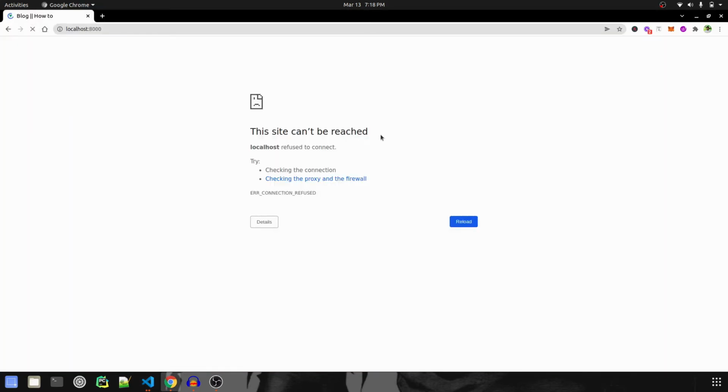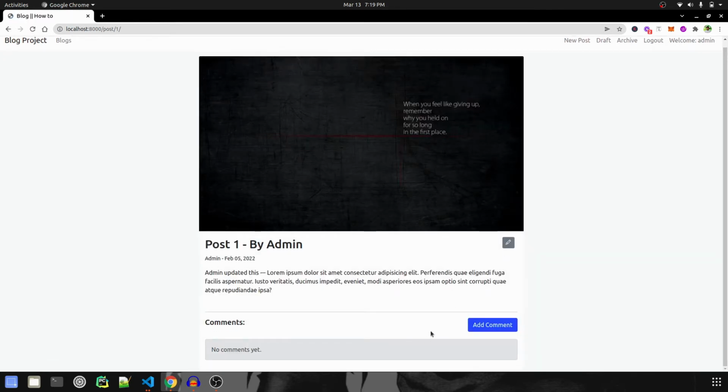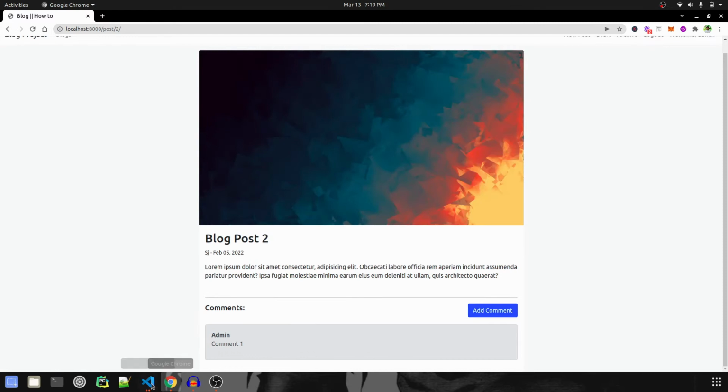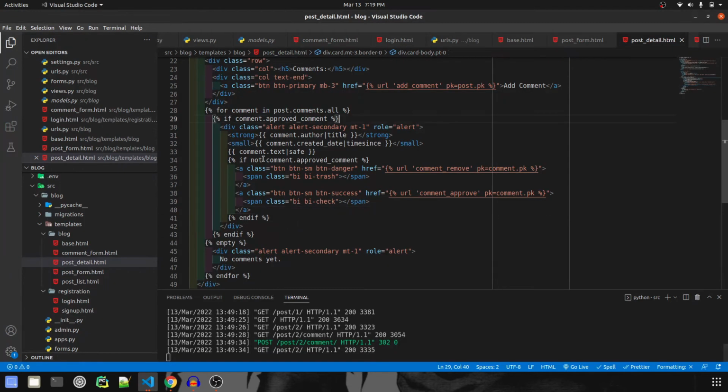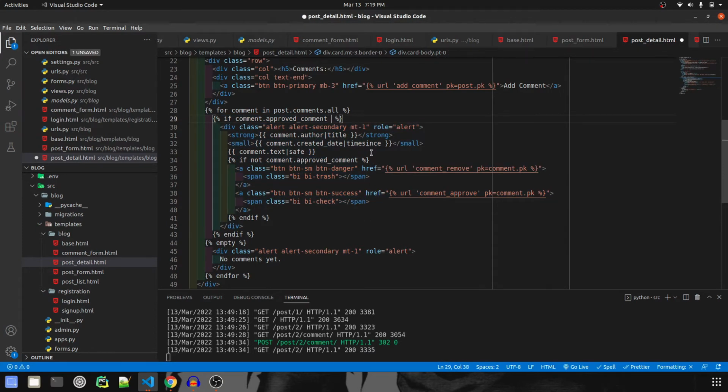Let me refresh it. I'm logged in as admin and this is my post, so I can go and see. And over here no comments yet. Actually there is one more if condition that I have missed over here. So if comment is approved, then only show all these comments, or else we need to also check if the user is authenticated